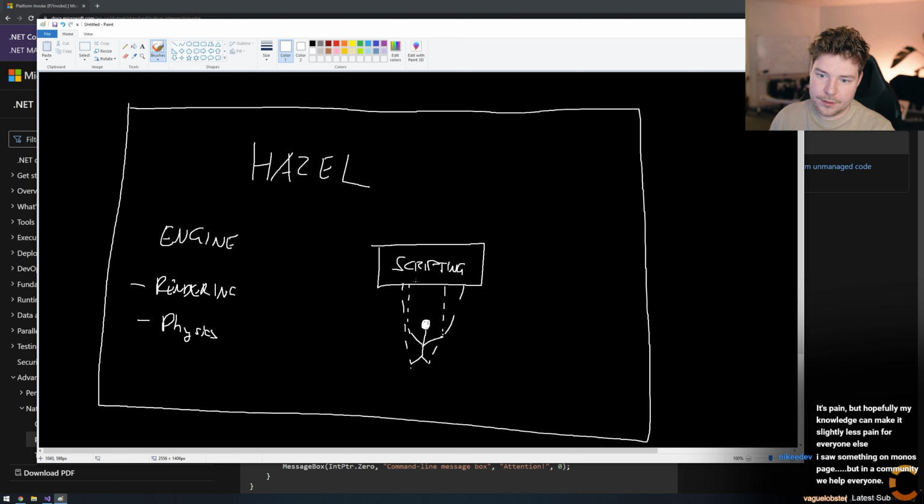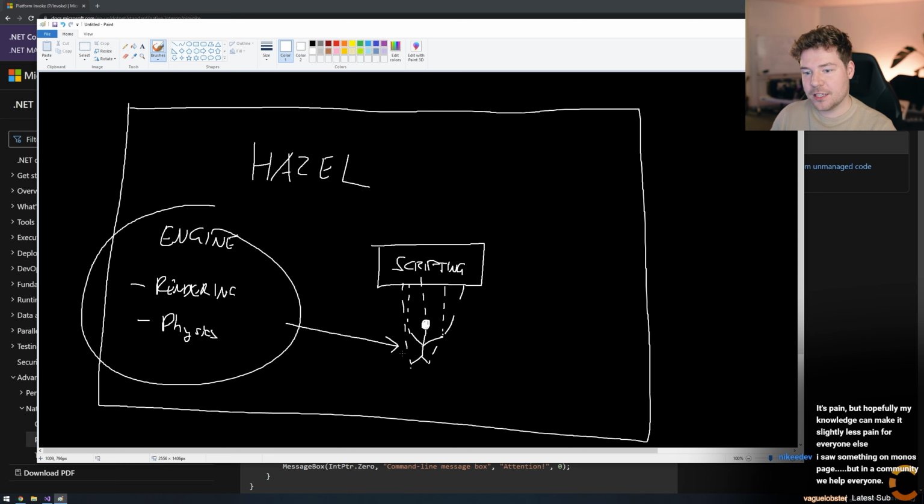What are we doing? We are controlling the engine, which is represented by this stickman. We are controlling the engine's systems and manipulating data by pulling puppet strings using this C# scripting language that we have. So that's really important to note.